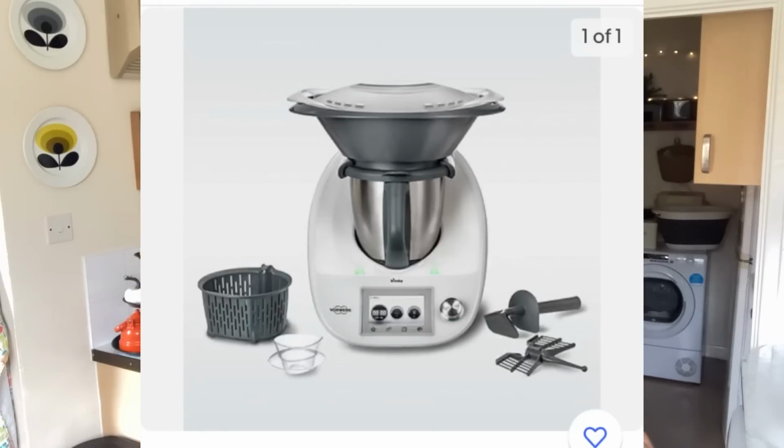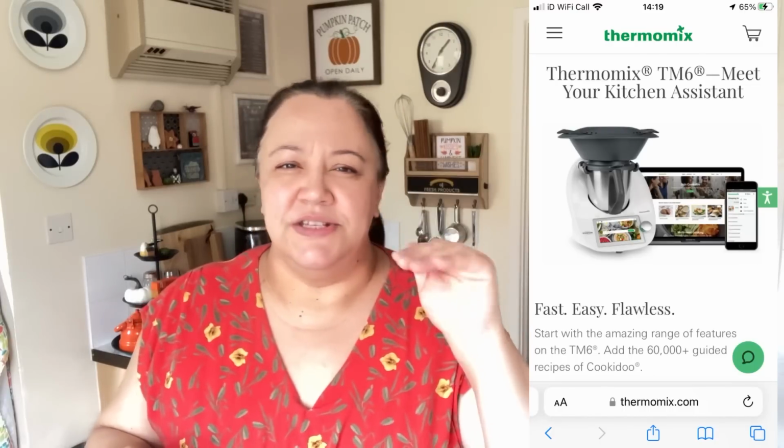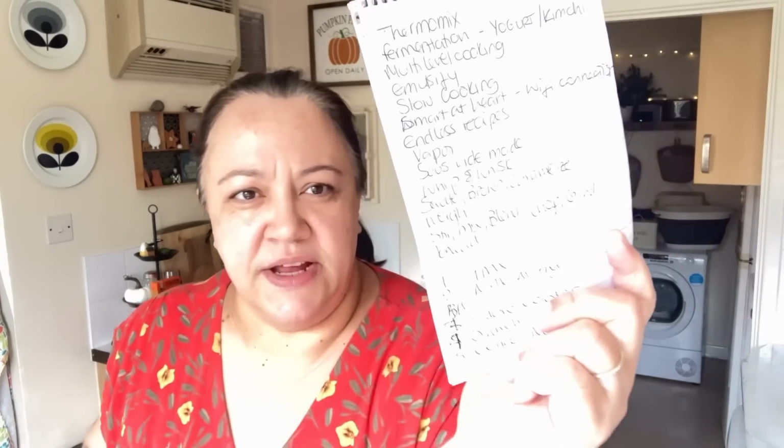Okay, now for number one, have you guessed it yet? It is my Thermomix. My beloved Thermomix. Now I have a TM5, which is not the latest Thermomix that you can get. I would love to try the new one, which is the TM6, which is a level way above mine. It does so much more, guys. It does so much that I had to write it down. So,